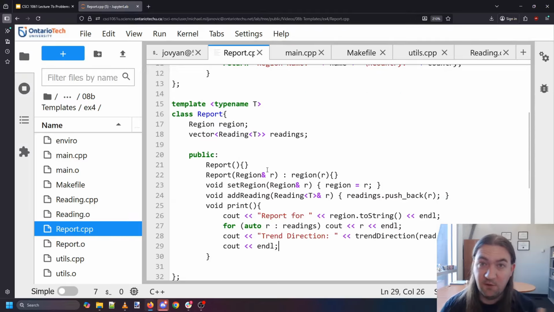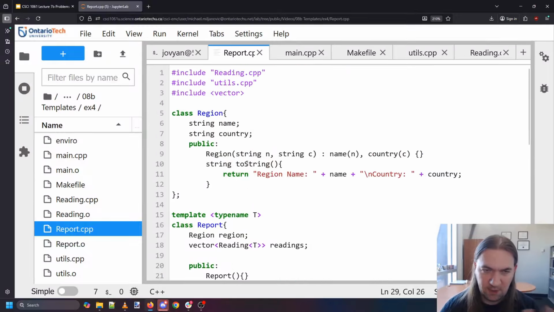And in fact, we have two template classes, one that uses another template class, which is a great chance to see how these things interact with one another. I encourage you to take the code from here under the videos folder, play around with it, see what kinds of things you can do,